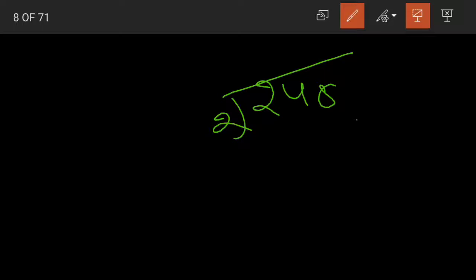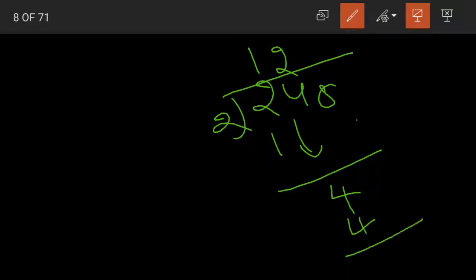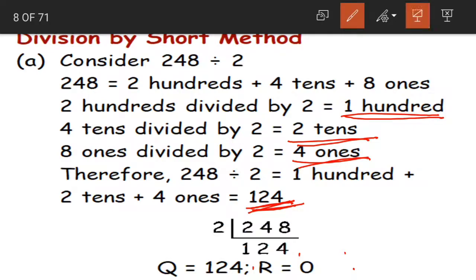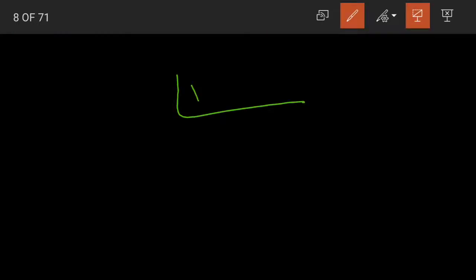Now what is the long division method? This will be the long division method. 2 ones are 2. Then 4 brought down. 2 twos are 4. Again when we subtract, 0 will be the answer. 8 brought down. 2 fours are 8 and then we subtract, 0 will be our remainder. 124 becomes our quotient. So instead of going through such a big process,